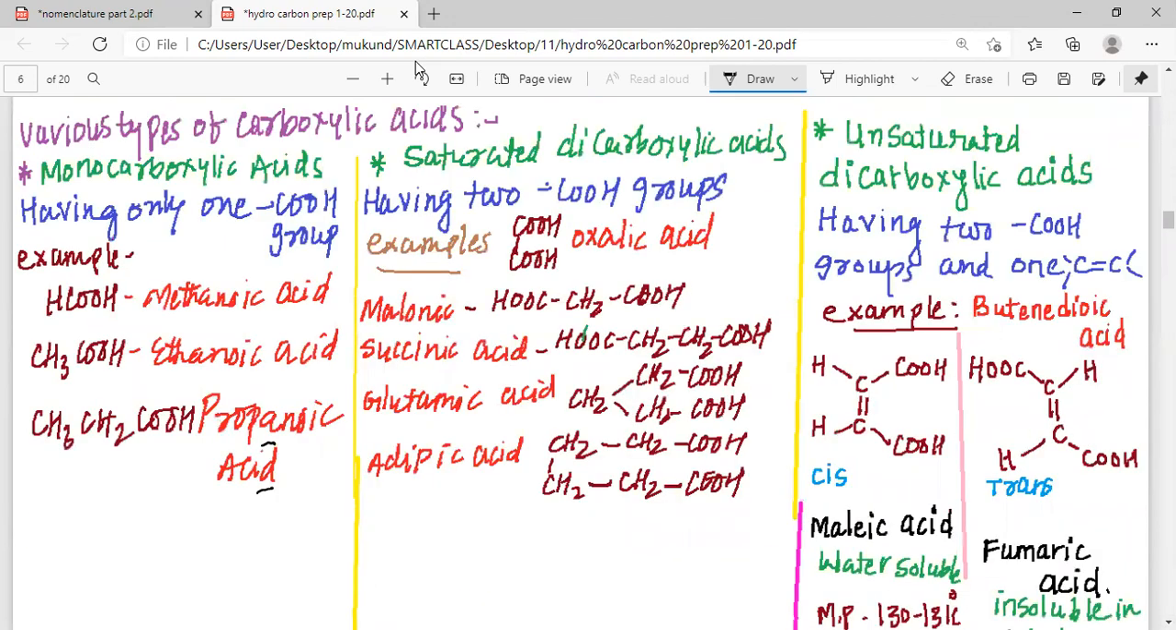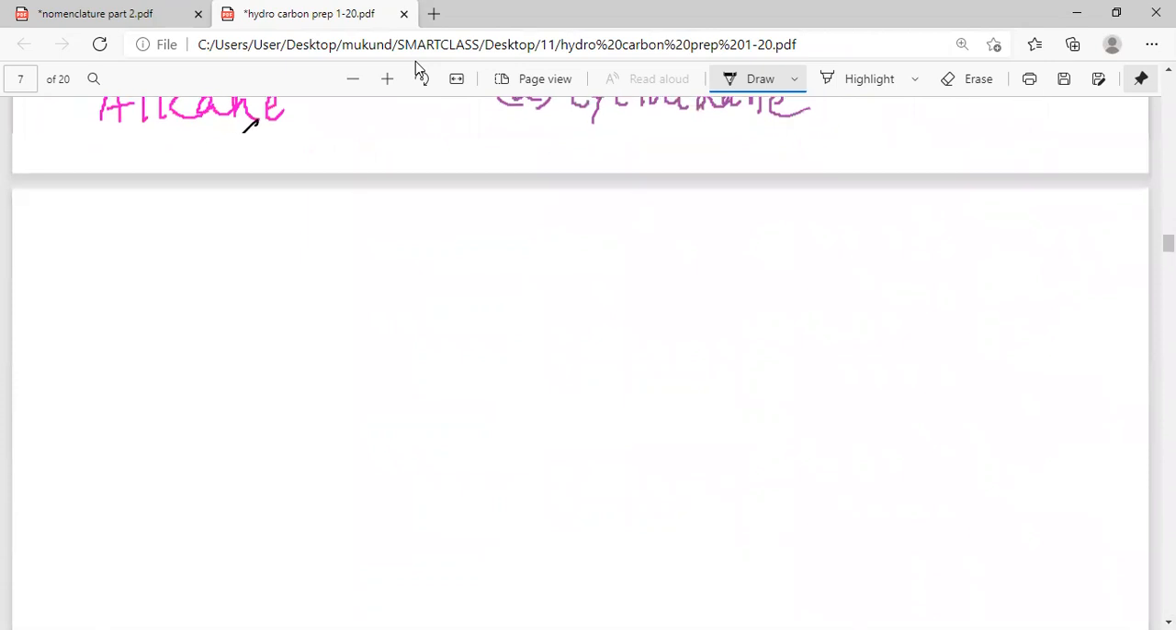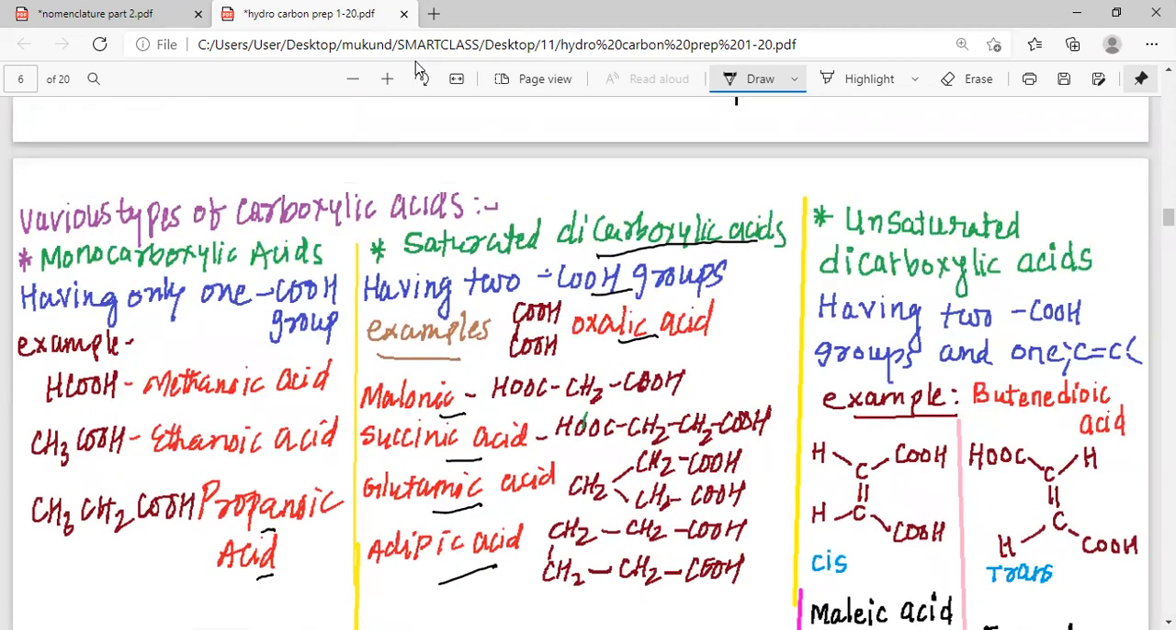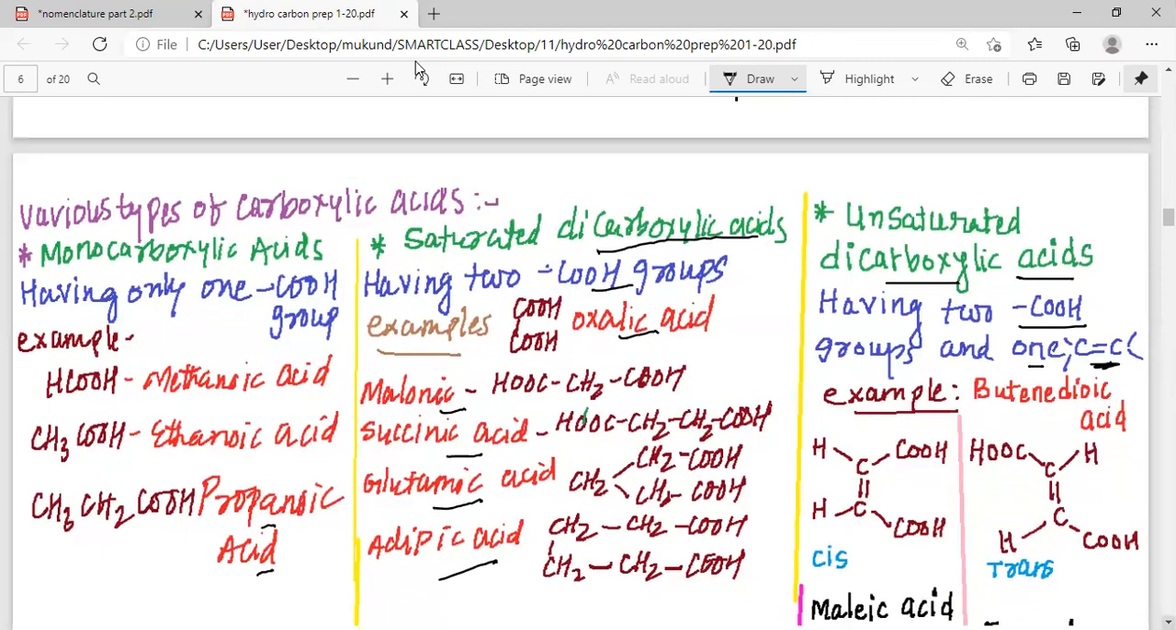In the same way, my dear students, if we have saturated dicarboxylic acids, having two COOH groups, for example, oxalic acid or malonic acid or succinic acid or glutaric acid or adipic acid, on electrolysis, my dear students, we may get either an alkene or a cycloalkane. And then, my dear students, if we have unsaturated dicarboxylic acids, which have two things, the COOH groups as well as the C double bond C present in them,